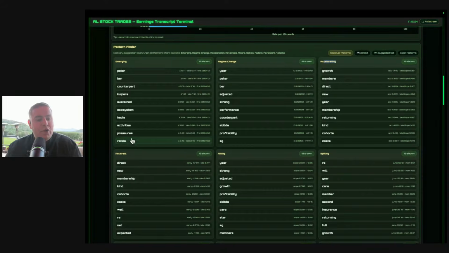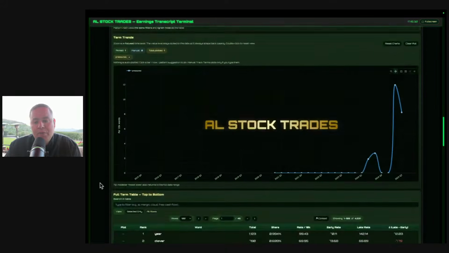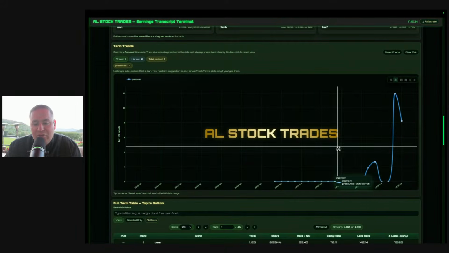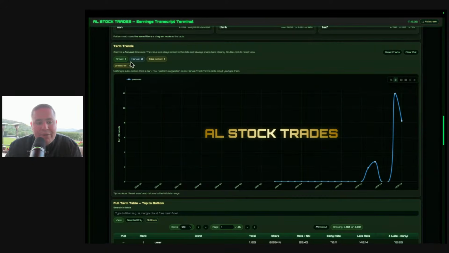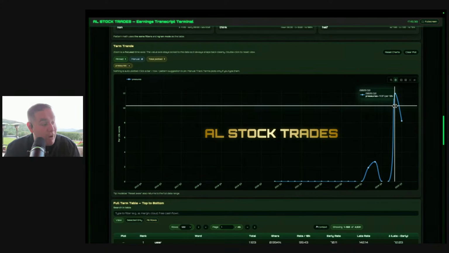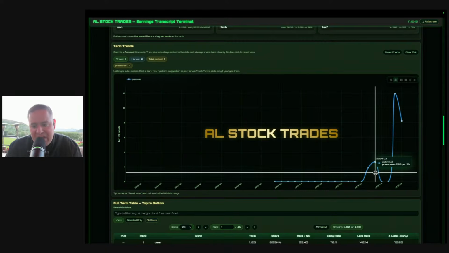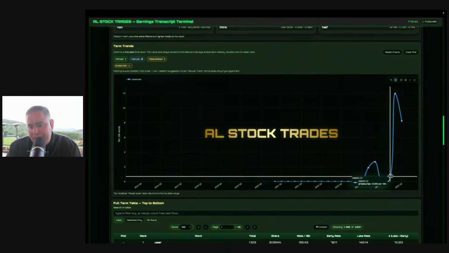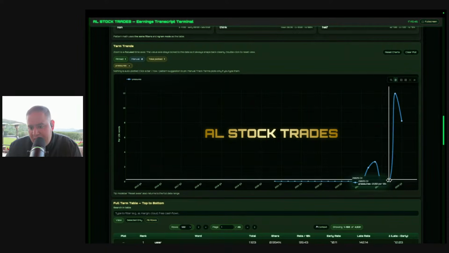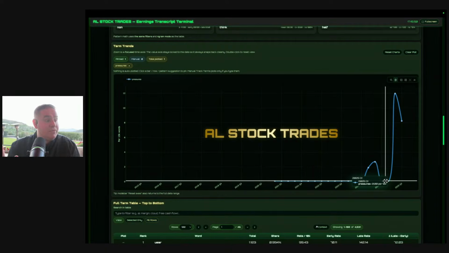That are changing, which is good. Like for example, pressures. What does pressures mean? So if you click on this now, you can see it's gold. So what does that mean? If you scroll down now, you are able to see a graph of every time they've used the word pressure. And you can see they used a little bit of it in Q3, Q2, but really there's been a spike. And they didn't really use a lot of it in Q1. There was no usage of the word pressure.